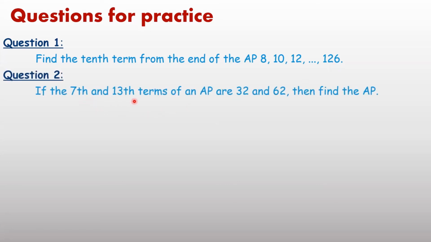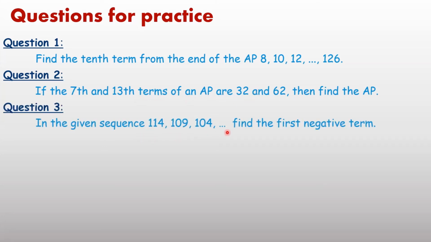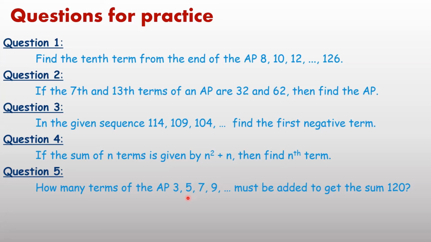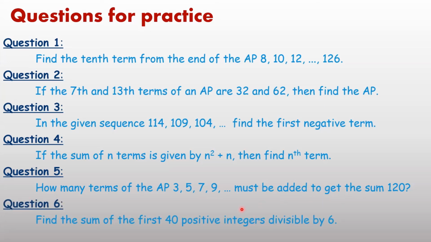If the 7th and 13th terms of an AP are given, find the AP. Third question, you have to find the first negative term of an AP. In the fourth question, Sn is given as n square plus n, you have to find the nth term. Fifth question, you have to find the number of terms such that their sum is 120. And last, question number 6, find the sum of first 40 positive integers divisible by 6. These 6 questions you have to complete and submit your